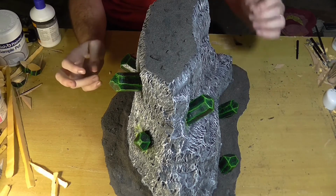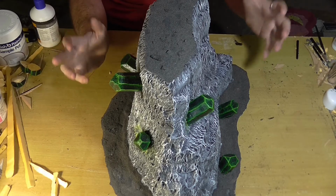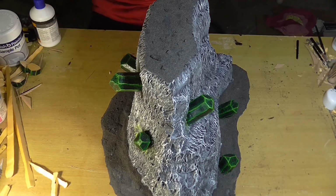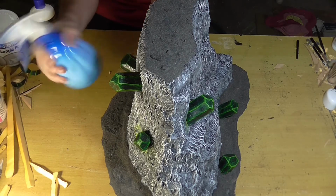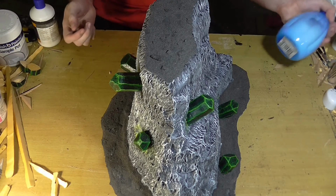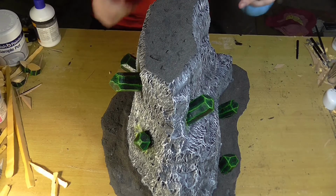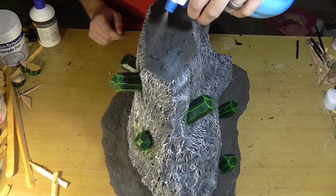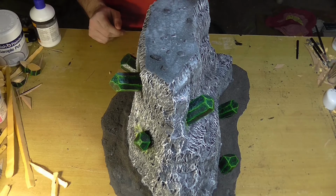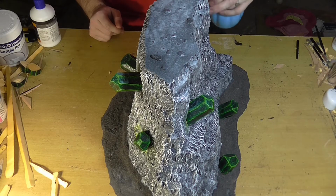So the last step that we need to do before we can set it aside to completely dry is just to seal it down with PVA and water in a bottle. This is watered down more than I usually would because I was getting blocked nozzles. And you literally just spray the entire thing over with your PVA and water, and it seals everything in there